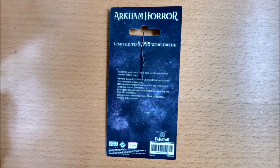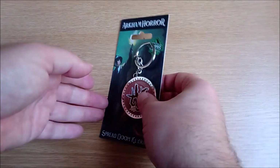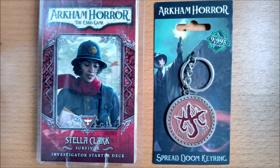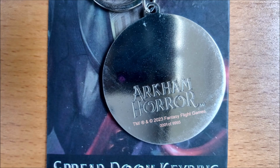It is open, so you can handle it if you are purchasing it in a store. And it is secured by a simple wire tie if you wanted to use it but keep the packaging safe. Here is a blister pack for scale. Although the pre-production sample says 9,995 units on the packaging and the fob, the website has the correct edition size